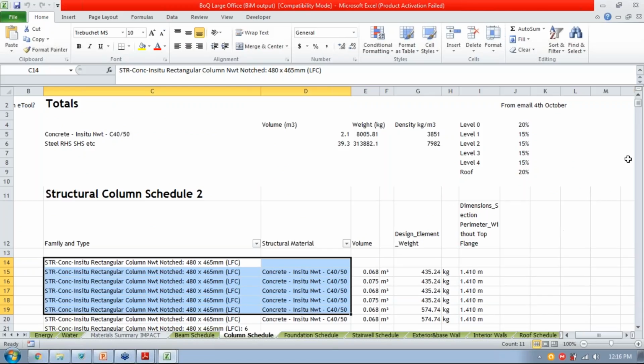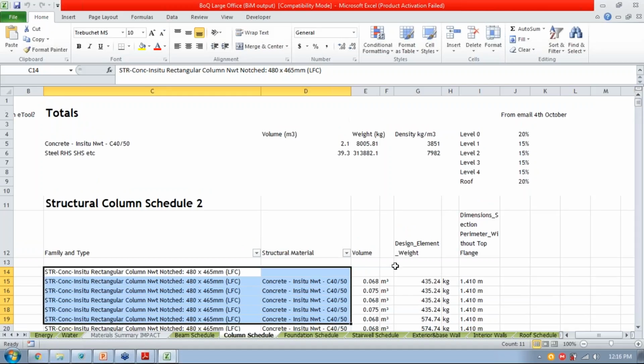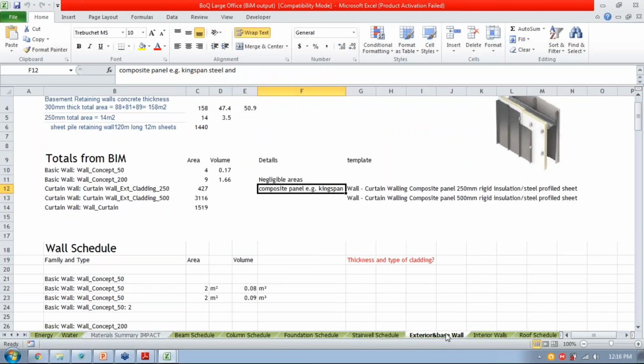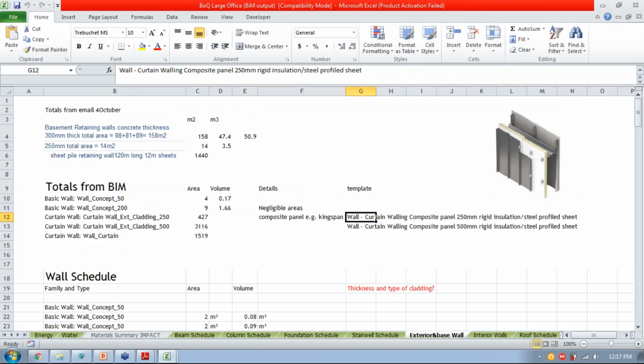The main thing that we're interested in with these beams and columns is the quantities of material, the concrete and the reinforcement that's going into these elements. And likewise, foundations, stairwells, wall schedules, a few different wall types there, just summing them up and making some notes of what's included in these schedules that I'm going to need to match to my templates later on in the modeling. You'll get similar schedules available from cost plans. They'll often have quantities of materials laid out for you as well, and another useful